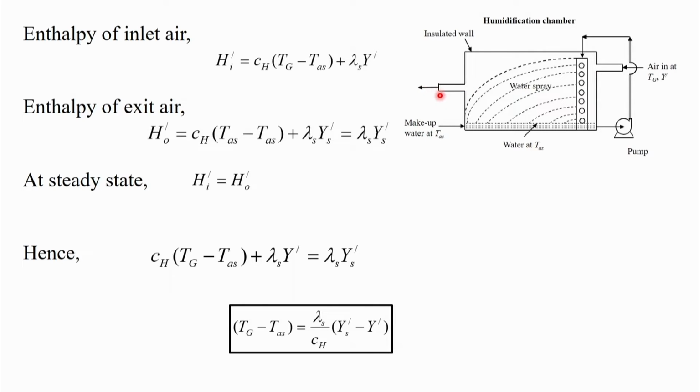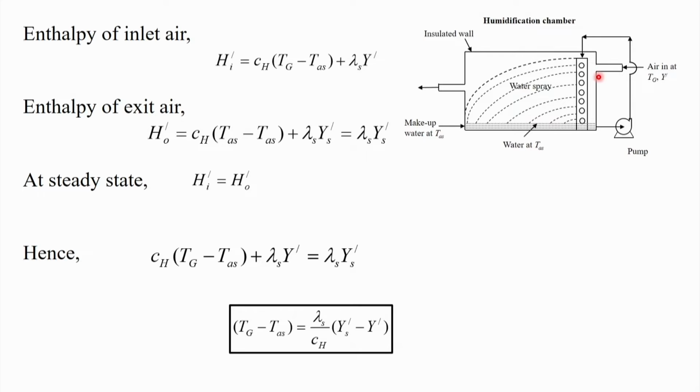what is coming out, is H_O' = C_H (T_AS - T_AS) + λ_s y_s', because ultimately it is converted and the temperature attained is T_AS, and humidity has increased from y' to y_s'. So, at steady state, whatever the enthalpy in and whatever the enthalpy out, both will be the same. So, we can say H_I'